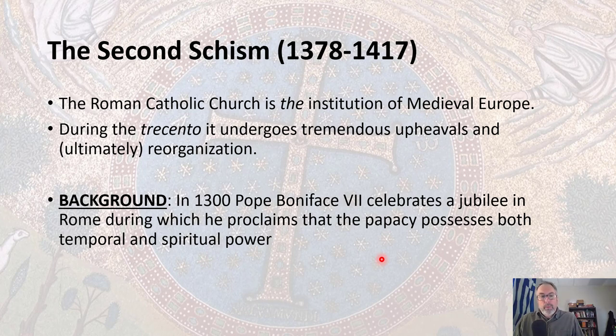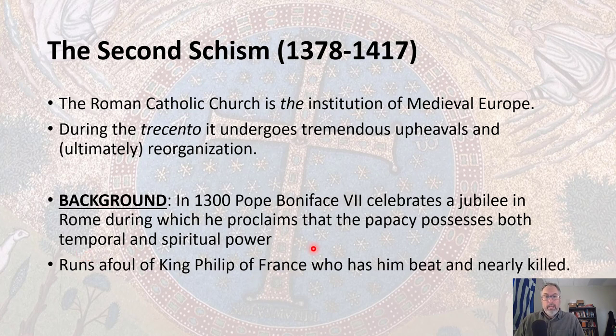Yes, the papacy to this point has been mostly a spiritual power. I am the head of the Catholic Church. But in this jubilee, he claimed temporal power, political power. He says not only should the Pope be a spiritual leader, but a political leader. And this starts a long era of popes holding political power, commanding armies and such, which, if you think of Pope Francis today, is unthinkable. But the Pope was kind of a king in and of itself, and Boniface officially proclaimed that